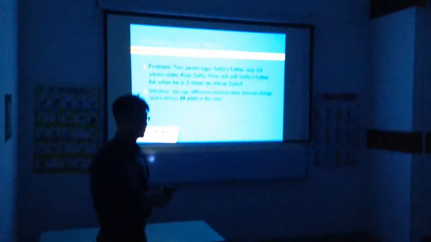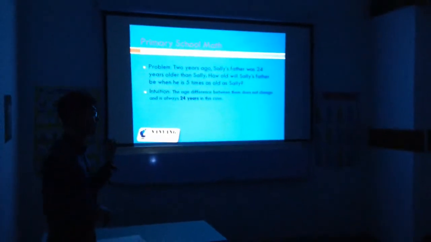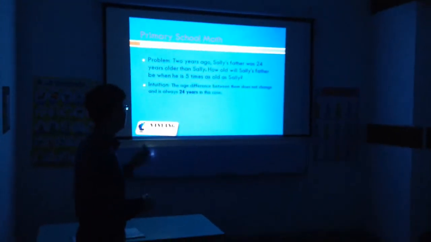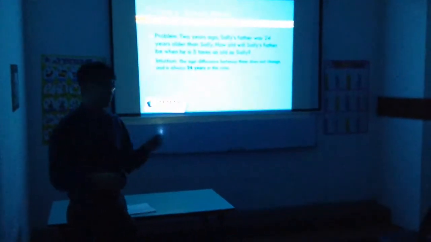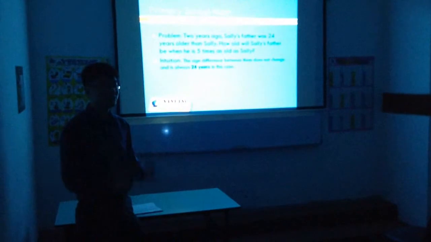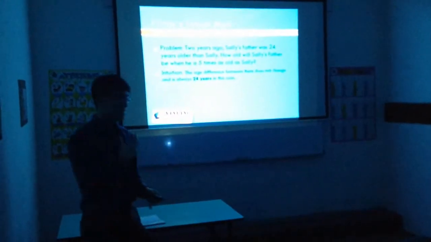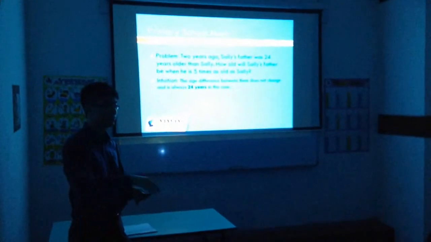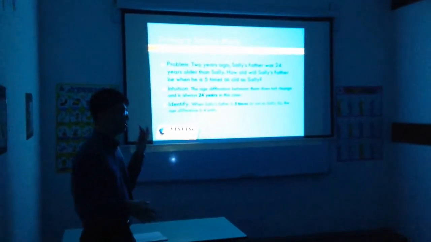First of all, we break down the steps. For example, the intuition. First of all, the student must be able to identify that the age difference between them does not change. For example, your daughter's age or your son's age difference shouldn't change at all. This is common logic, but it's covered in P5 and maybe sometimes in P4. So the next step is to do